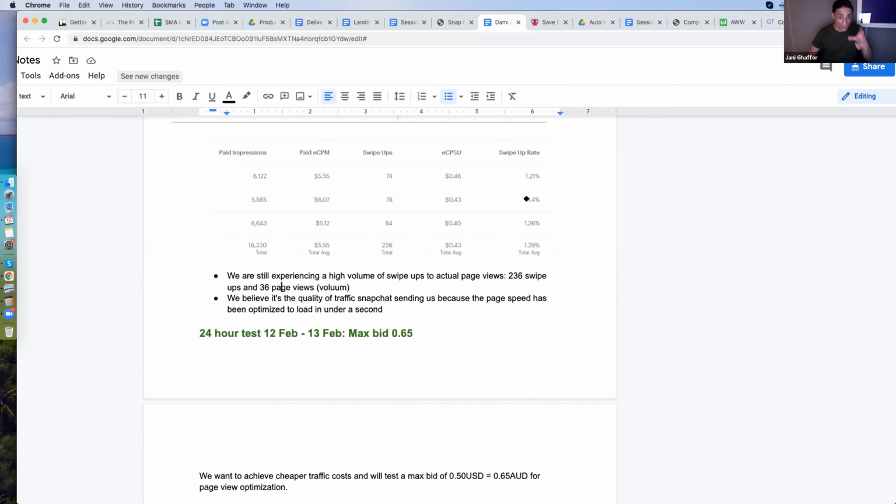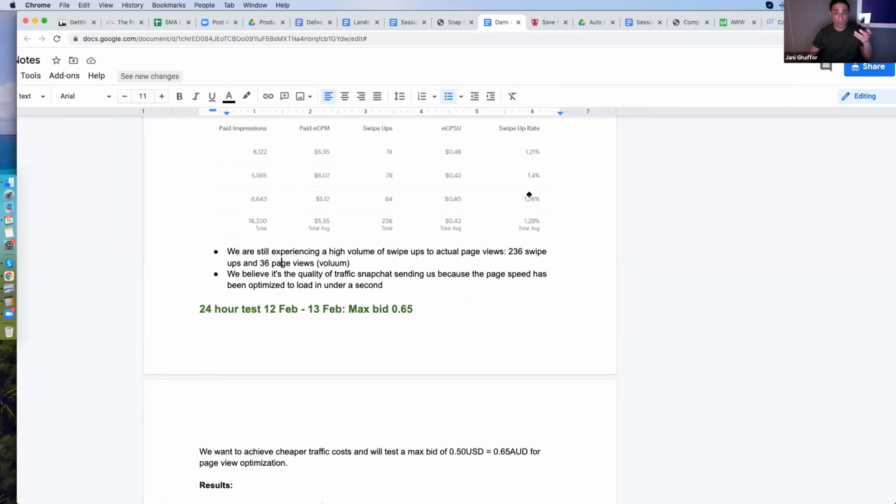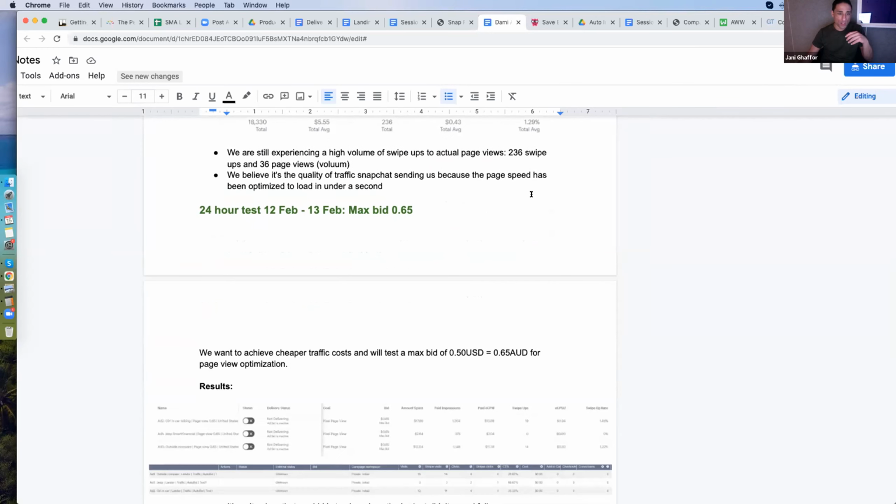So we decided, let's change it to a page view campaign, and we have the pixel on the page. We've done it so that when you choose anything other than swipe up, you can't do auto bid. So you have to do either max bid or target cost. We did max bid, and we decided, okay, let's try 65 cents as the maximum we will pay per page